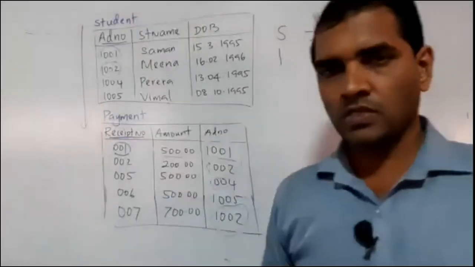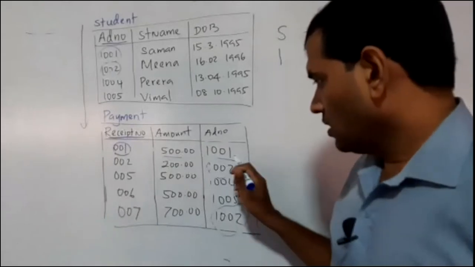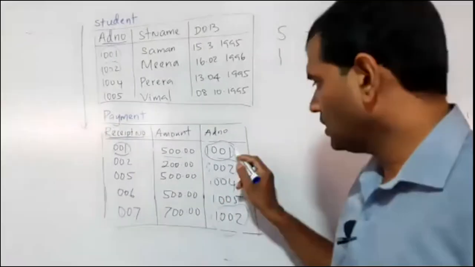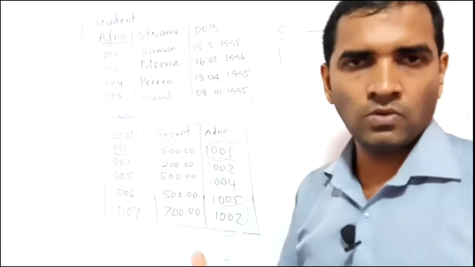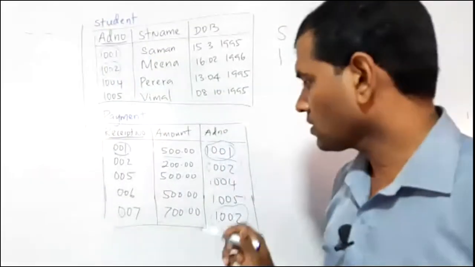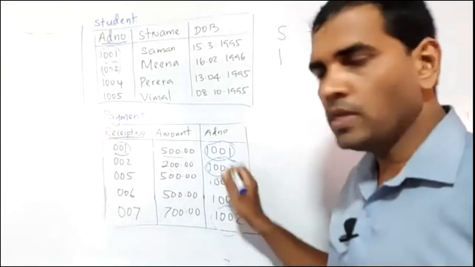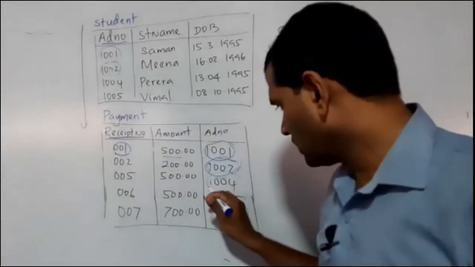Check in the opposite direction. Right? Check in the opposite direction. Look here. Take this 1001. Even though I already explained, I take it again to get some more ideas. A data 1001. How many similar data are there? One data. Let's take the second one, 1002. How many 1002s are there? Again one. Take the third one, 1004.